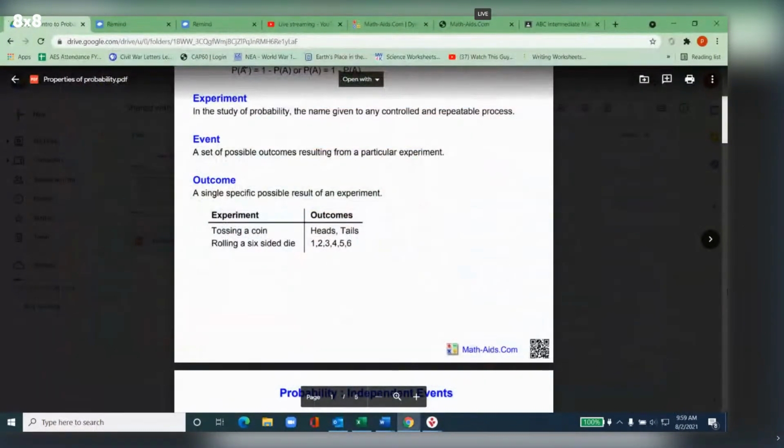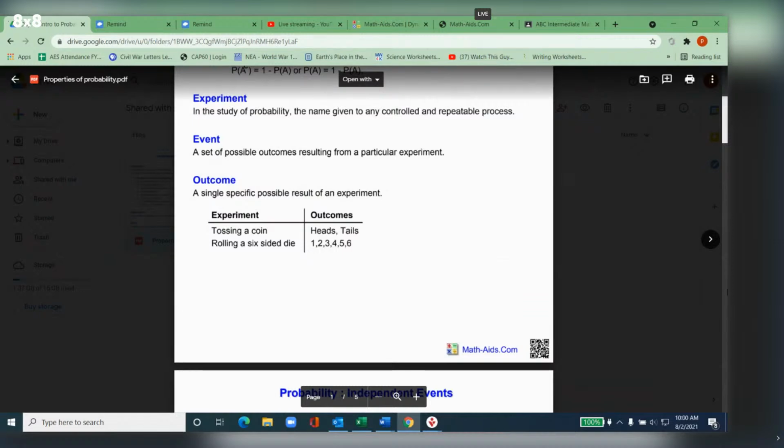Okay, so today, you guys, we're going to start probability. If you look up at the definition, experiment, in the study of probability, is the name given to any controlled and repeatable process. An event is a set of possible outcomes resulting from a particular experiment. And the two they list here would be